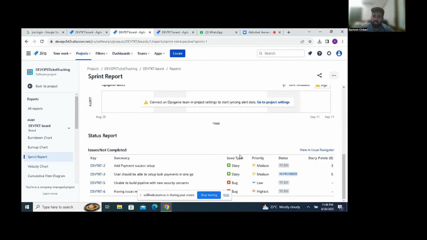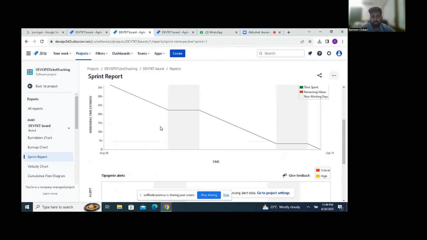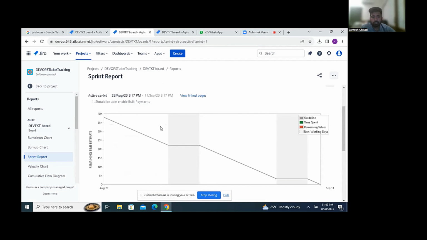So what happens at the end of the sprint, Abhishek? You have committed like 8 story points or 8 story points, and in bugs we generally don't estimate them. So there are 4 story points. At the end of this, let's take there are 20 user stories plus bugs and stories. Now at the end of the sprint, once you close the sprint, it will show